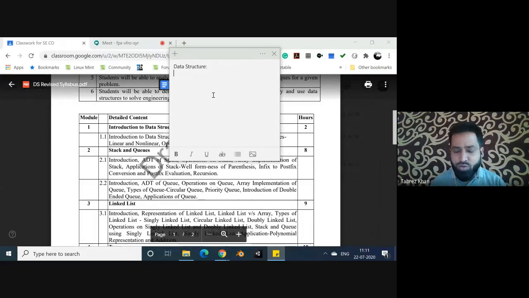So, in a very basic way, your data structure can be defined as a way of storing and organizing the data into the memory